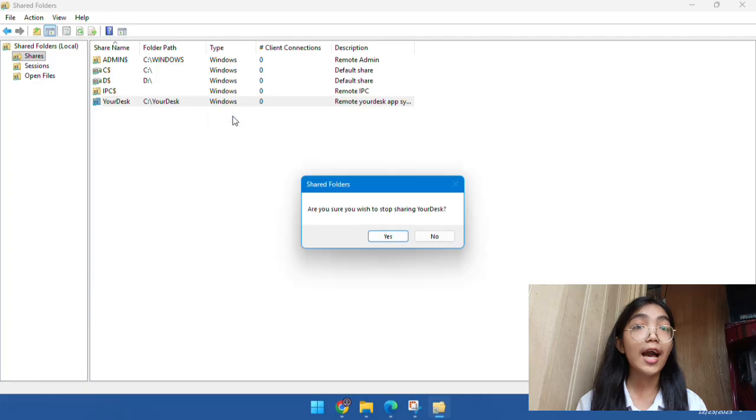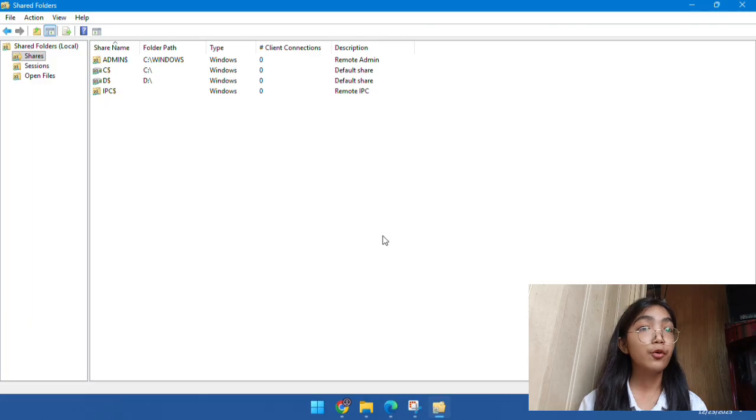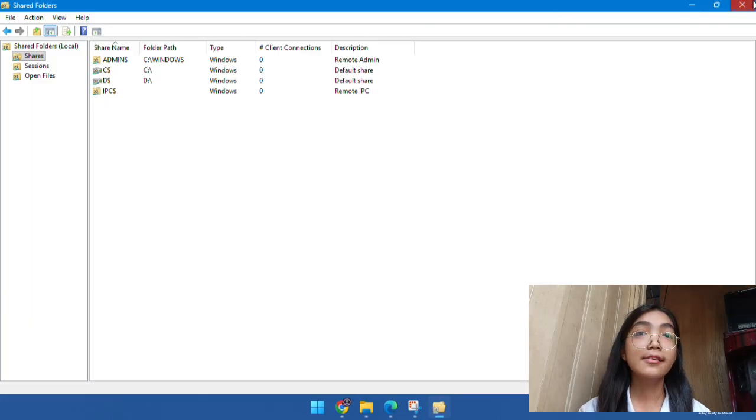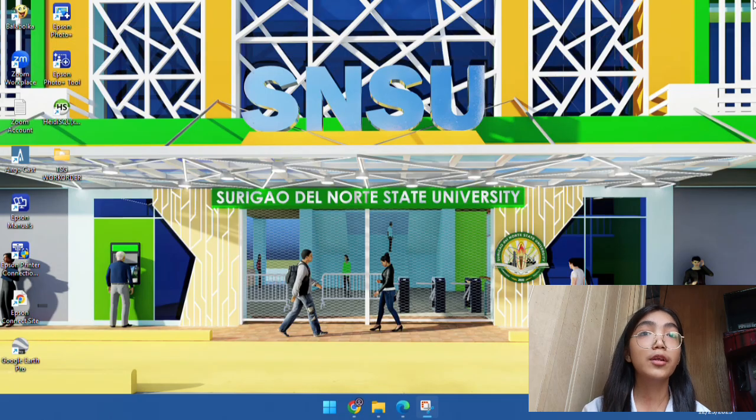You can also restrict access to necessary shares by going to Properties, Share Permissions, and then selecting the specific groups or usernames who can access the folder or files, and refrain from granting all permissions to Everyone. Next, the automatic logon function can be risky because attackers could retrieve your login credentials from the Windows registry using various hacking tools.